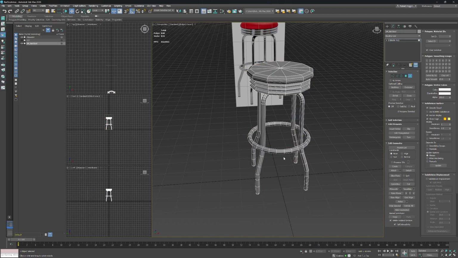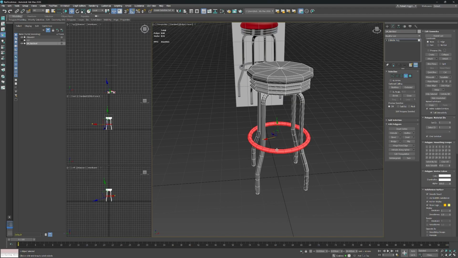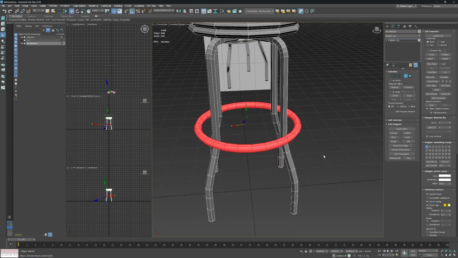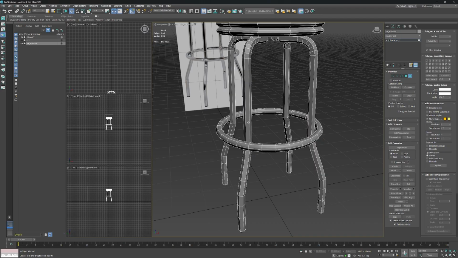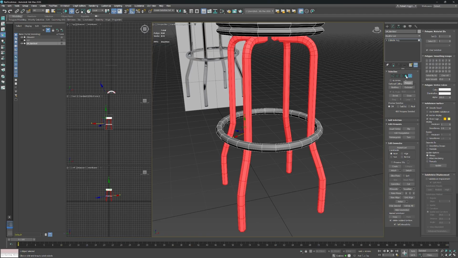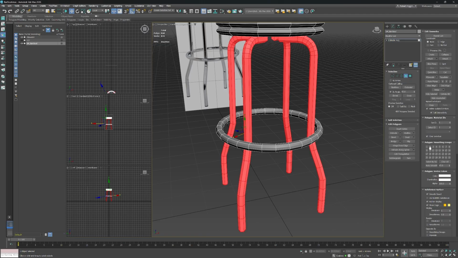So in element mode, I'm going to select the footrest, hold Control, and select Polygon to keep the selection. I am going to go to the smoothing groups, and I'm going to give that a group of 1. I'm then going to take the legs. I'm actually going to select by angle 45 degrees, and that should... no, we'll just go by element again. So we'll select the element, and then we will Control select Polygon, and again I'm going to set those to smoothing group 1,